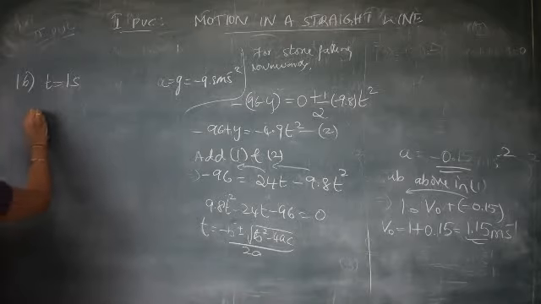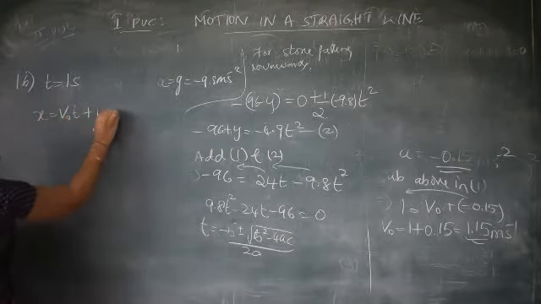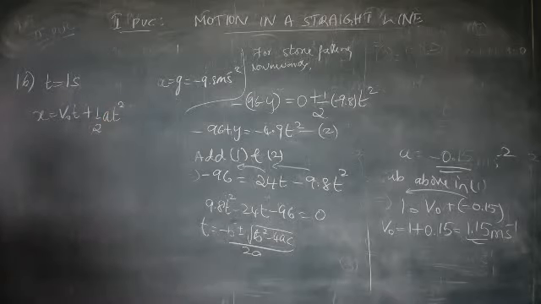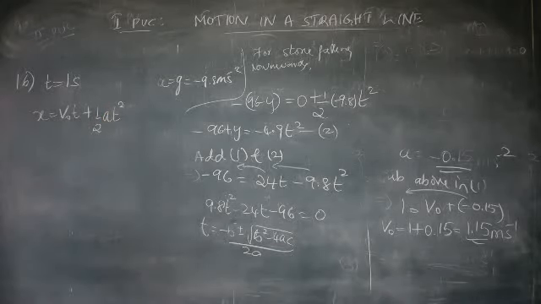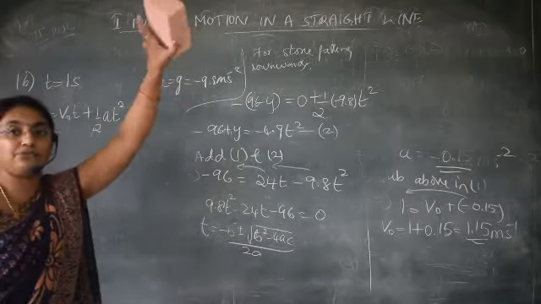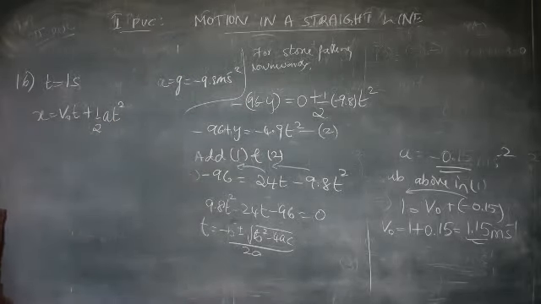We'll take x is equal to v naught t plus half a t square, correct? For the ball thrown, the velocity becomes 0 at the highest point after traveling for 1 second. The time taken to return to the person is also 1 second. How much time it takes to go up, the same time it will take to come down. We have solved that problem. 19.6 meter, correct? So to come back also it takes nearly 1 second.